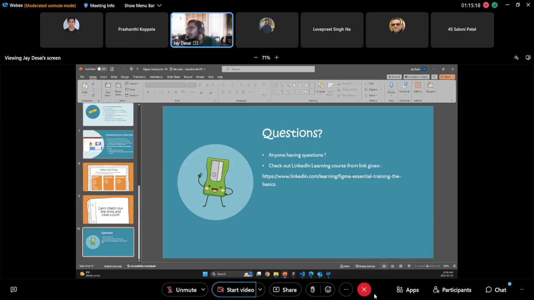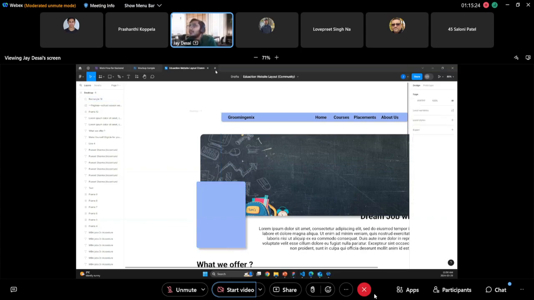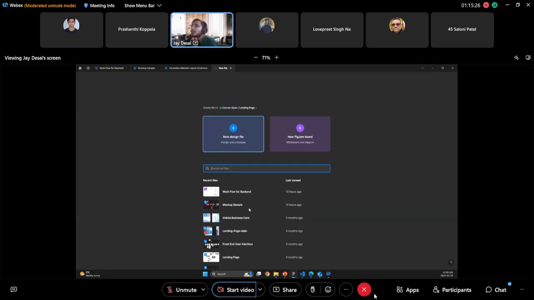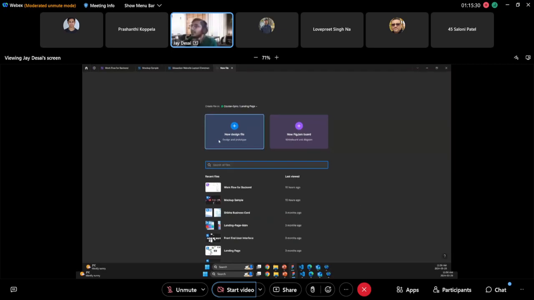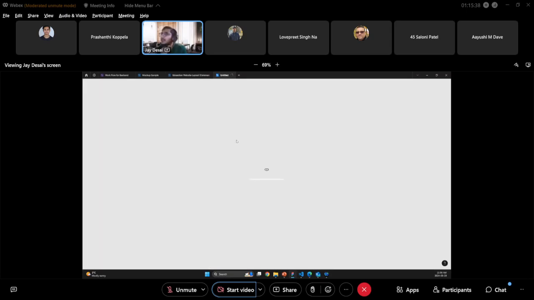I can try to show you, however, it's not going to allow me because I have too many files. So you come here, new file. You can just select the existing one, or you can search for a layout if you want. If not, just click new file. It will give